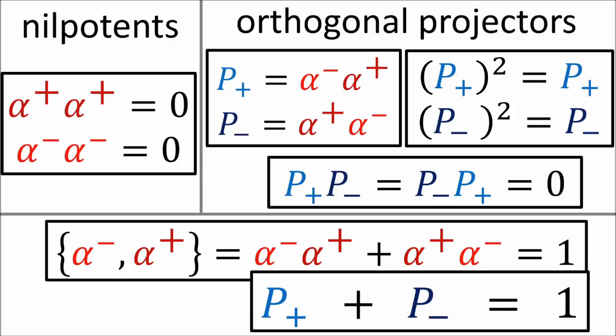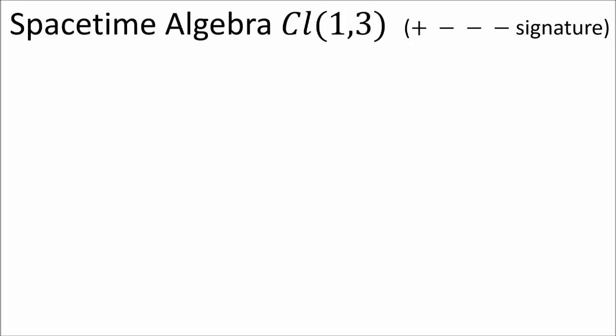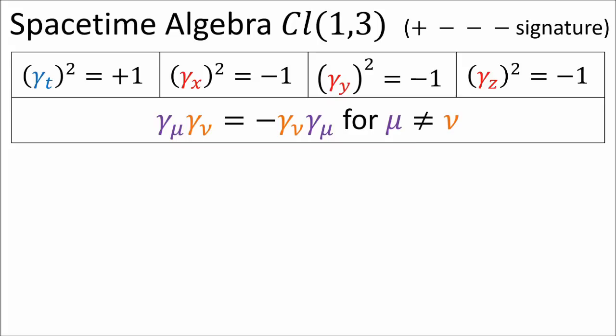So all of this so far might seem a bit abstract. We've been talking about nilpotents and projectors in abstract terms, but I haven't yet connected this back to Clifford algebras. To get a concrete example, let's look at the spacetime algebra CL13, where the basis vector gamma t squares to plus 1, and the basis vectors gamma x, y, z all square to minus 1, and all the basis vectors